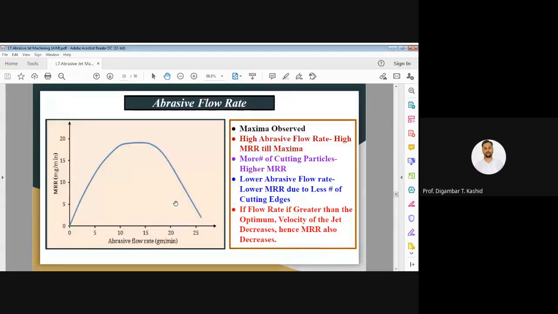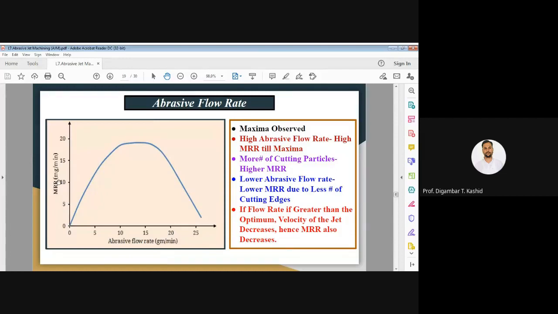Now we'll see the effect of this abrasive flow rate on the performance of the AGM process. Okay, so let us now see in this diagram. Here I have shown the effect of different process parameters on the performance of the AGM process, and the first is the abrasive flow rate. Now we can see here in the slide, on the x-axis you will get the abrasive flow rate, and on the y-axis you will get the performance, that is the material